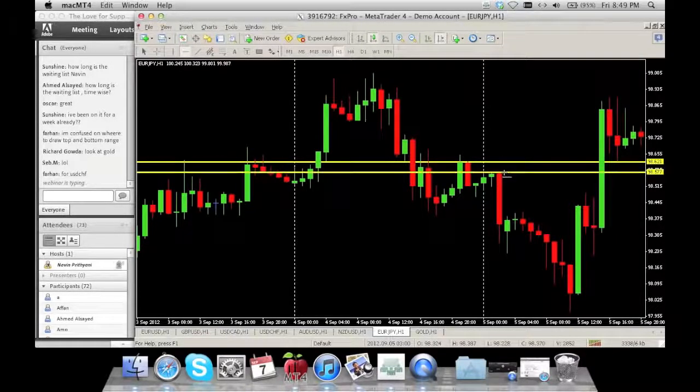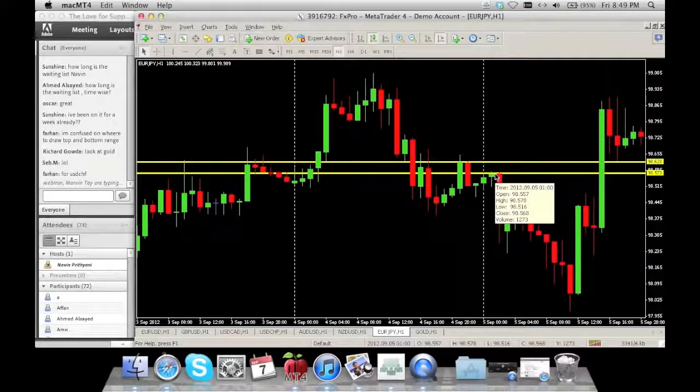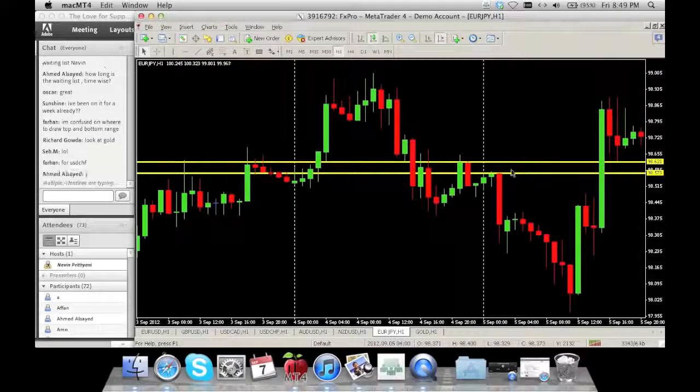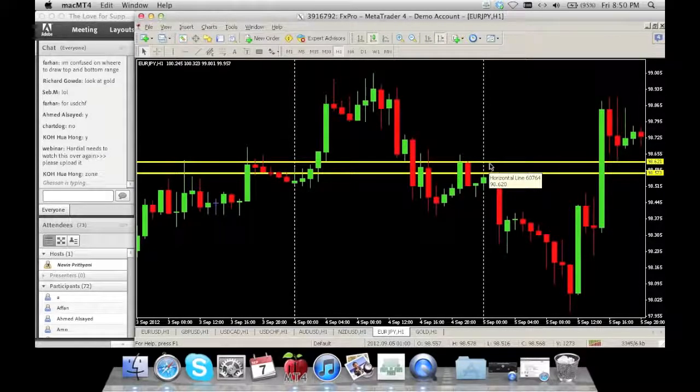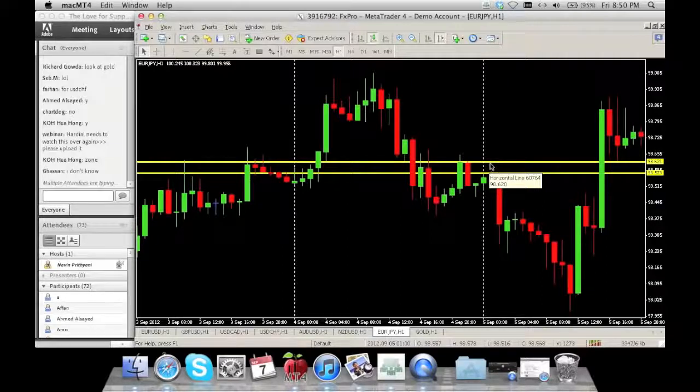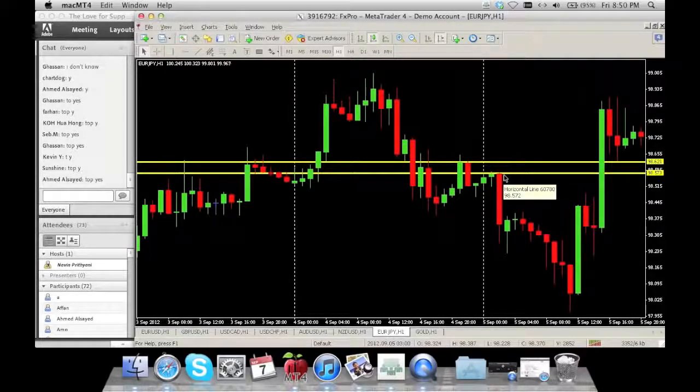What do we have for the next level? Is this another bottom? Is this correct? First tell me, is the top one correct? If the top one's correct, say top yes, so I know. Okay, top yes. Okay, is the bottom one correct? Okay, no, short term. Farhan, you are correct on this one.